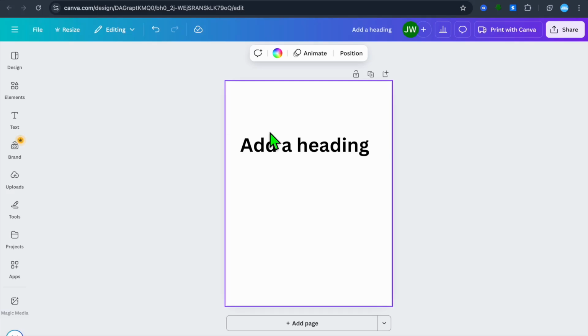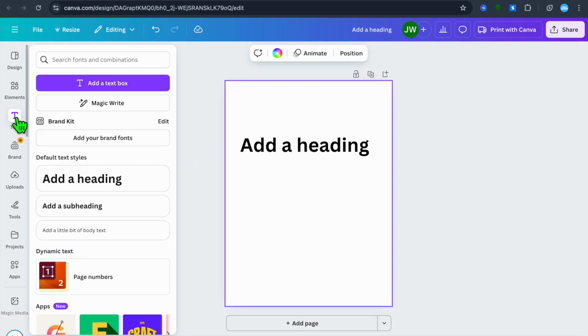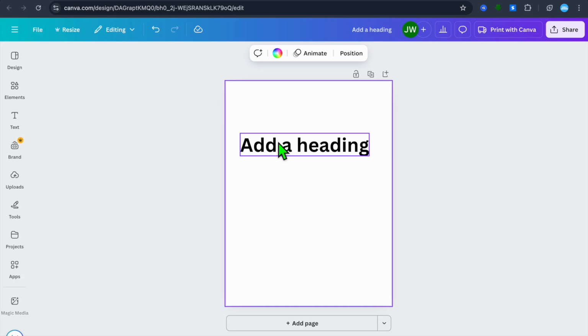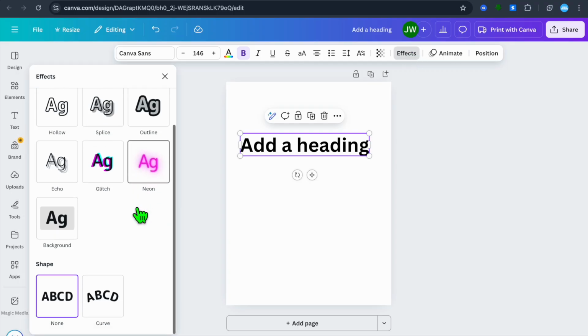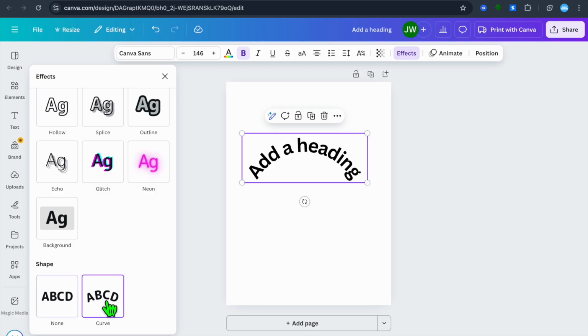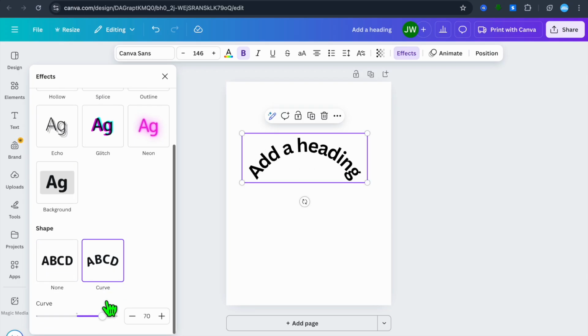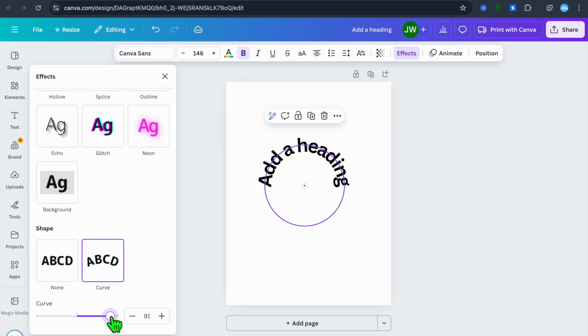The first thing you want to do after you have added your text, which you can do by going over to the left hand menu option and selecting text, is tap on the text bar. Then all I want you to do is select effects from the top right hand corner, and you're going to scroll down until you see the option curve from the left hand menu option. You're going to tap on curve, then scroll down a bit more,